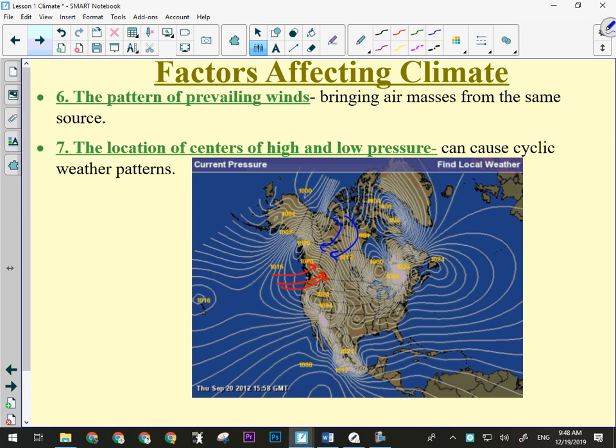Okay? So what can happen is we'll get low pressure areas, like right in here. Okay, this here is called the mother low. Up here is called the Siberian high. They're typically always low and high. What can happen is you can get an air mass that comes in off of this low pressure area that's full of moisture and warmth, and it'll interact with something that's coming off of this high pressure area here. When they interact, they usually interact right along here.